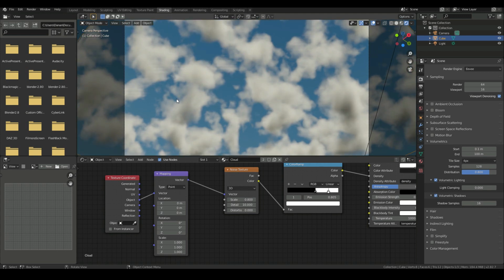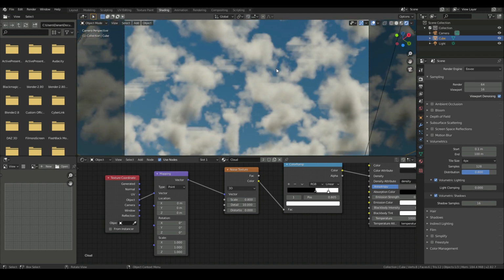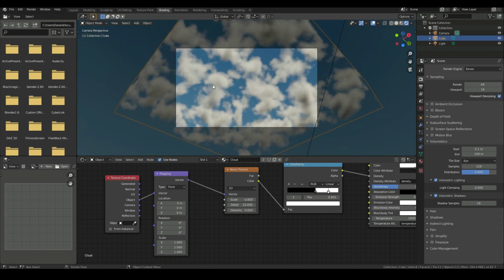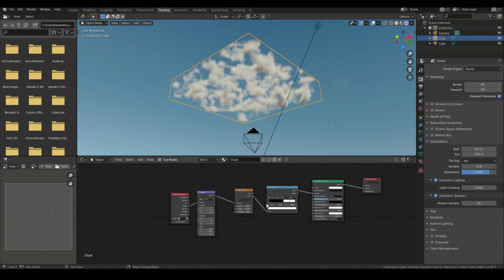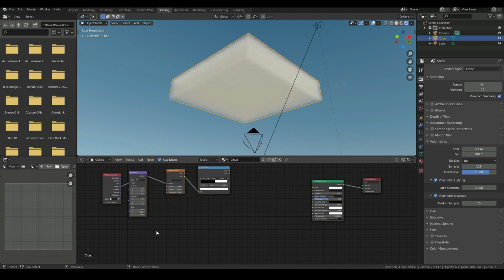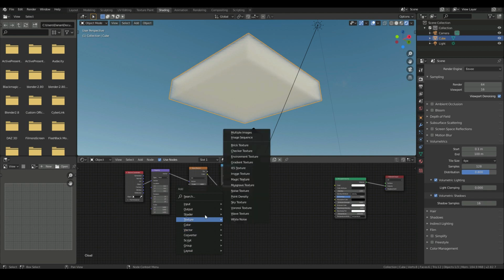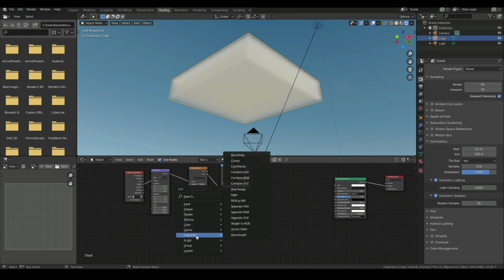We could go ahead and call it a day and say that's somewhat realistic, but we want to make our clouds look even more realistic than that. To do that, I'm going to hide this for now. So let's just turn this off and go back to the way it was before. We're going to be adding in a few more nodes. The first node I want to add is the, let's see,